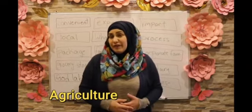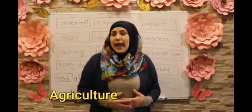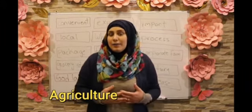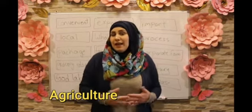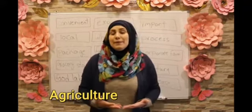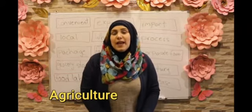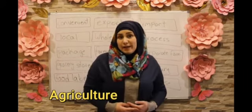Now, if people are not buying from the farmers and people are not buying the products made by the corporate farms, this means that they won't be able to sell. And when the farmers and the corporate farms are not able to sell well, eventually they will close their business. So agriculture in Lebanon will be bad. Now we come to